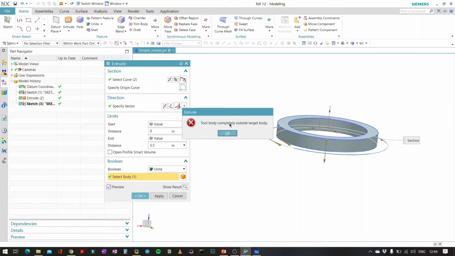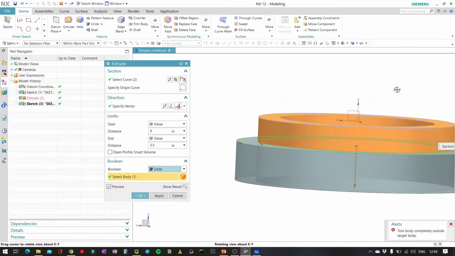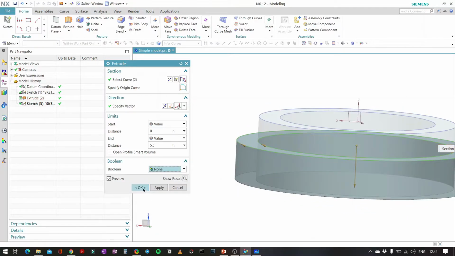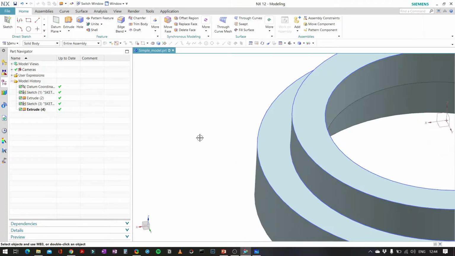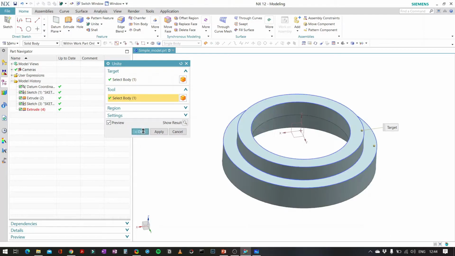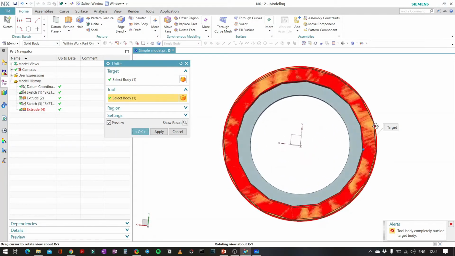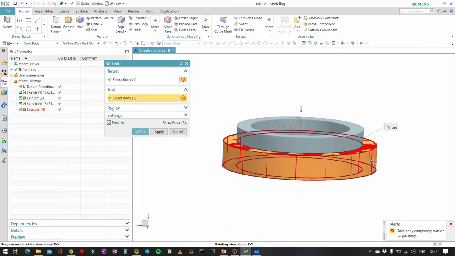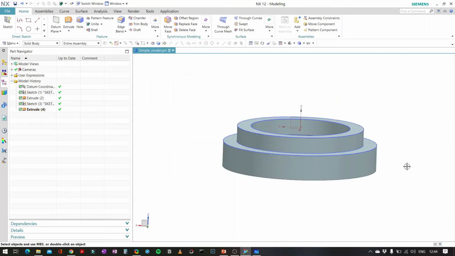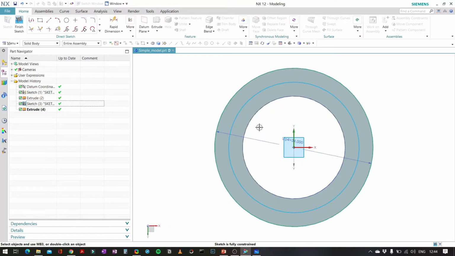I'll say okay. The tool is completely outside of the targeted body. Okay, I'll say none. Let's see. This is somehow not working. I don't know. Let me check. Okay, I am completely sorry about it. I have messed up the drawing. I must admit it. So instead of taking this curve,